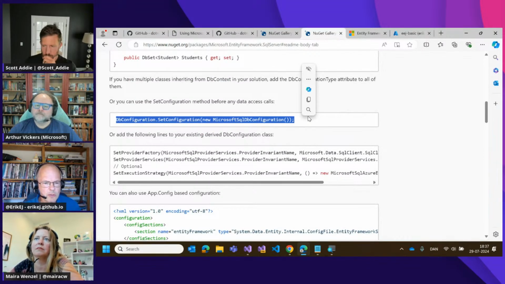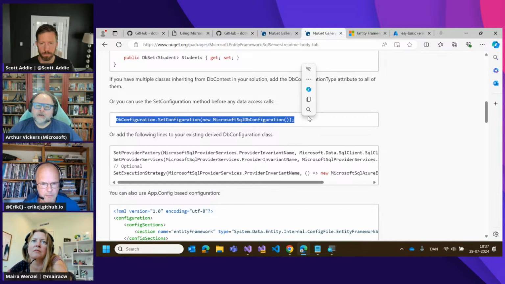So you can use this static method called DbConfiguration.SetConfiguration before you new up any DbContexts. You have to do that very early in your application. It's not a great aspect of the code-based configuration in EF6, but it does work if you do it early.